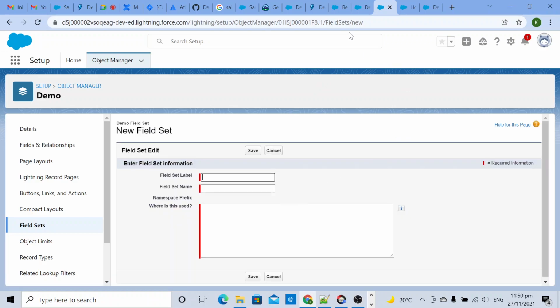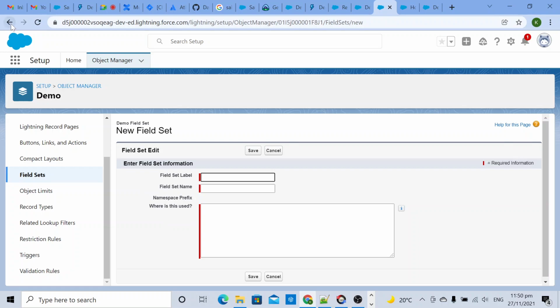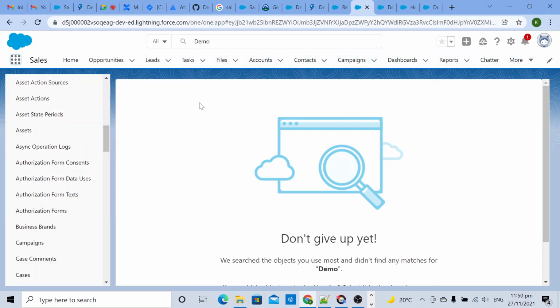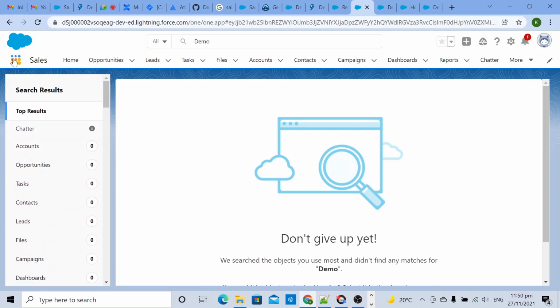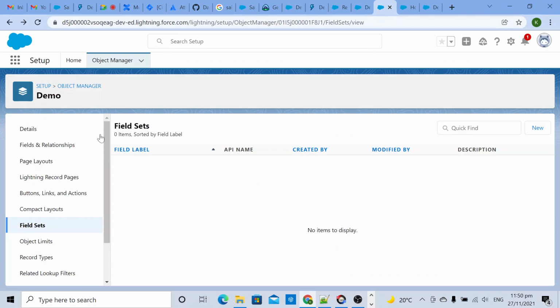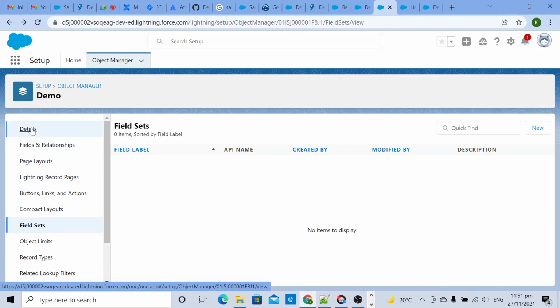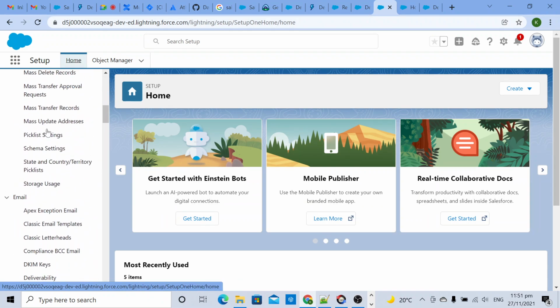But there is a way we can add new fields. Field set, record type. This will add a new field. Just like multiple objects are shown here, the same way we can see a new object also, but there are steps we need to follow. Then that demo will also come here, but I forgot the exact steps. Any cache update or something we have to do? Because of that it will come.